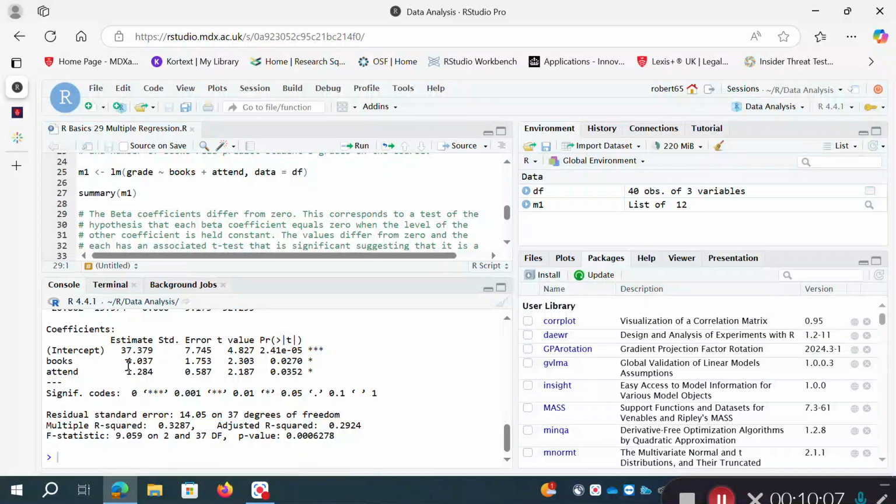And we can see from these coefficient values that it doesn't equal 0, and then we can see from the associated t statistic and its associated p-value. So for books it's 0.0270, and you can see from this little asterisk that's significant at the 0.05 level, and for attendance it's 0.0352, also significant at the 0.05 level. So both of these independent variables are significant predictors of